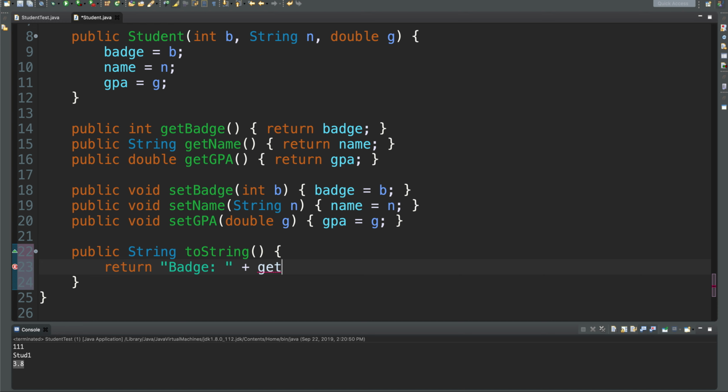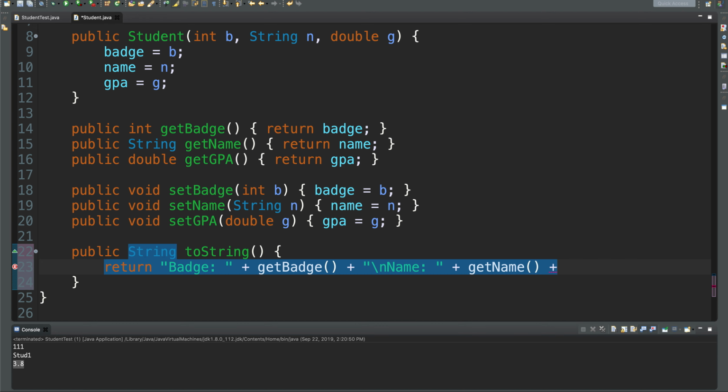So let's say getBadge, and then followed by another label called name. Let me display it below, underneath the badge. So let me display the word name first, followed by the calling of getName to return the name,